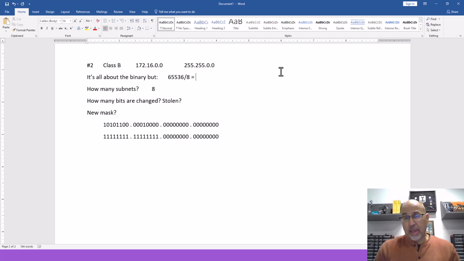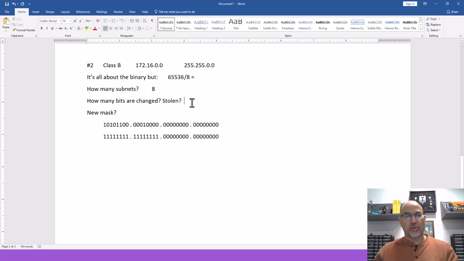So what we're trying to figure out here is how many hosts are going to be in our particular subnet. Well, that's really hard. Well, we can sort of ballpark it, right? What's 64 divided by 8? It's 8. So this would be a power of 2. So if this is 65,000 addresses in this address space, and we know that to create 8 possibilities,